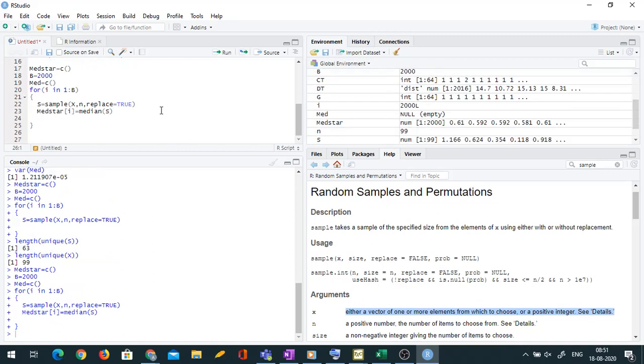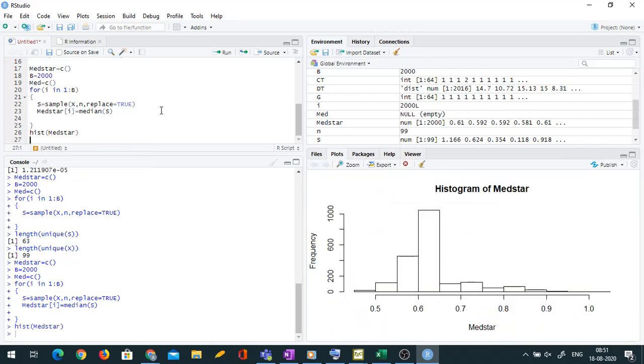Now I can see the histogram of med star to give you some idea about the distribution of this parameter. You can see it is not very great. It is slightly skewed, so it probably cannot be approximated by a normal distribution. So this is how we do non-parametric bootstrap.